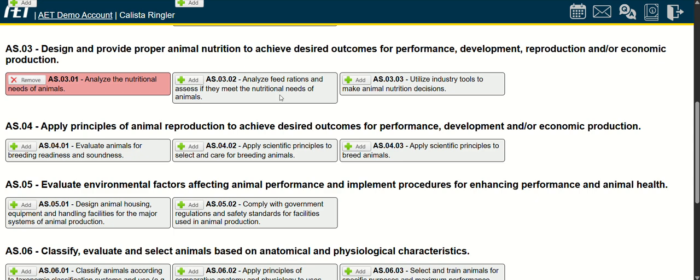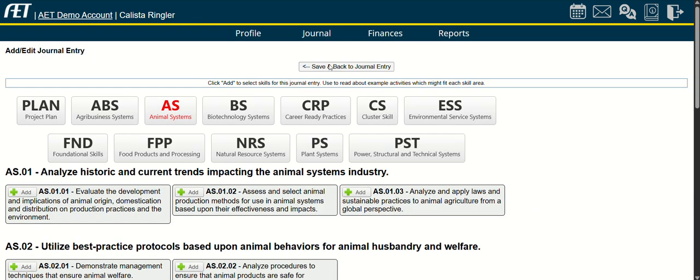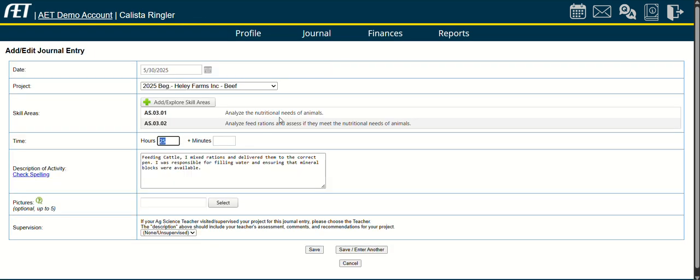And then maybe I also did help my parents come up with a new ration for some of the calves we have. So I could hit this button too. Okay. You only need one, but you can have multiple there. The last thing I need to do is make sure that what I put here matches those skills, right? So I talked about analyzing the nutritional needs of animals, and maybe I need to say I also worked